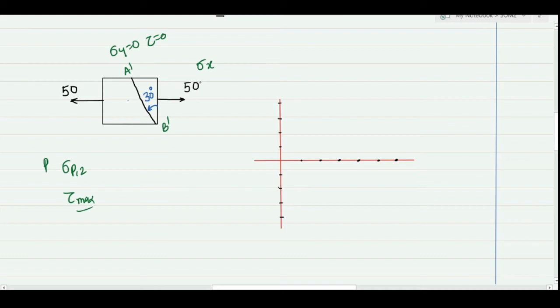How will we do so? First, we have to construct the Mohr circle, and we know that this is my normal stress corresponding to 50. So on the graph paper, let's say this is 10 megapascal. So 10, 20, 30, 40, 50, this point will correspond to my sigma x of magnitude 50. My sigma y is 0, so this would be my sigma y. Is there any shear? No. Then this line AB will become the diameter of my Mohr circle, and this would be my Mohr circle.